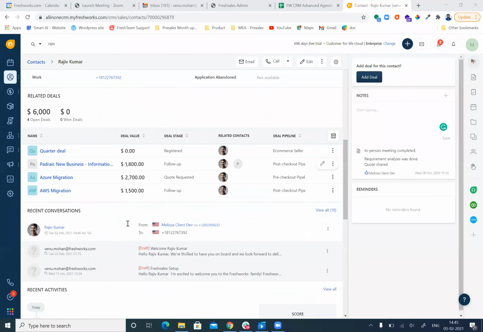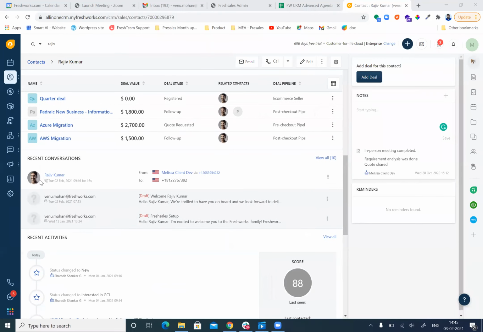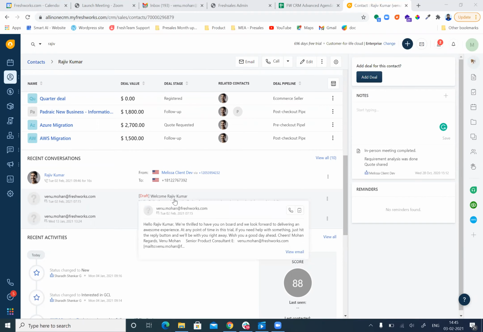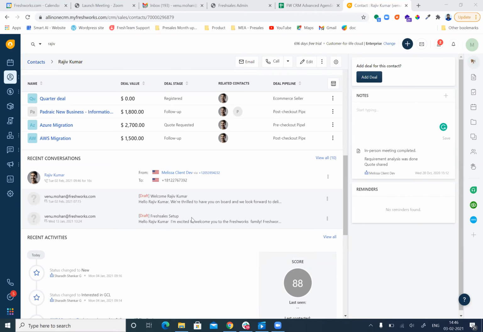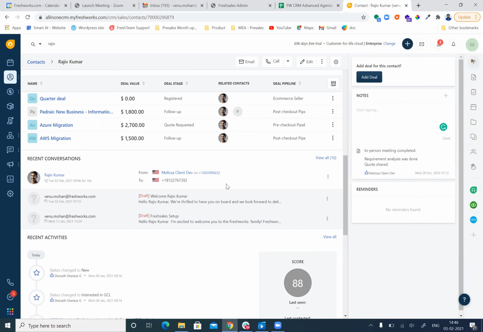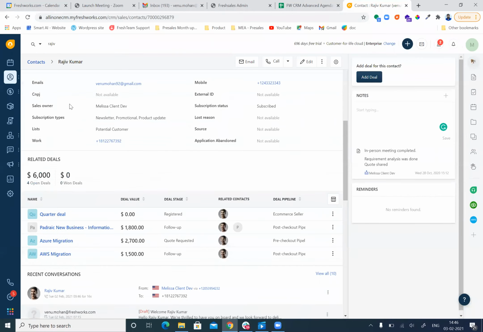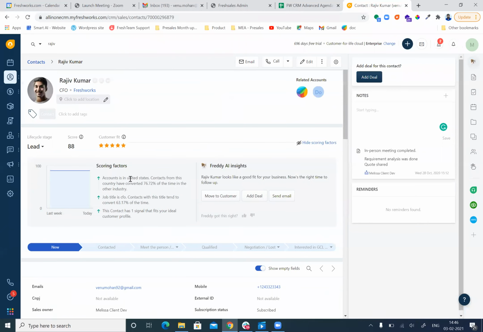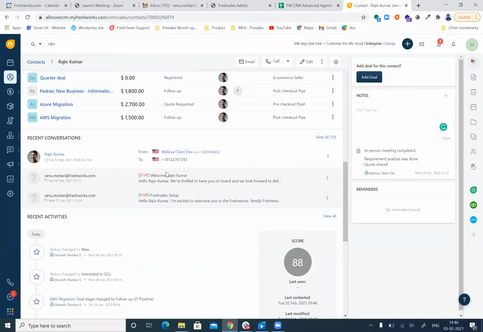Even below the business opportunities, you can also see the history of the conversations you had with the customer over a phone, over an email, over a chat. All these different channels of communication get interlinked under recent conversation. For example, once the agent connects their email address, the system immediately synchronizes all the email communication relevant to this particular customer under this profile itself.